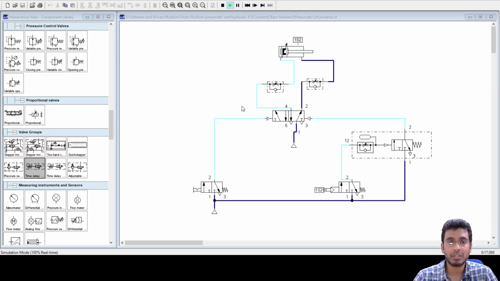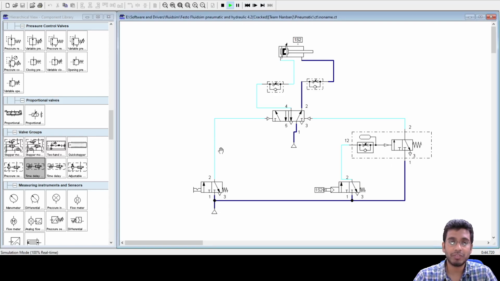Similarly I will put this also. With this I am controlling the speed of my extension and retraction stroke. Here again I can give a time delay by controlling the opening level of my throttle valve. Fine, and then I close it.